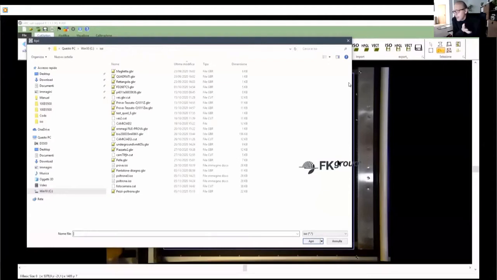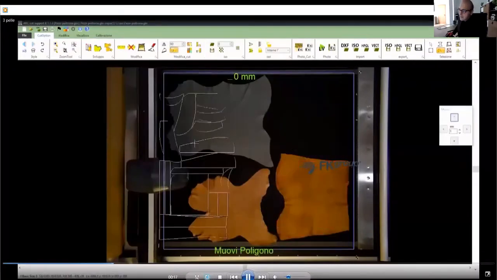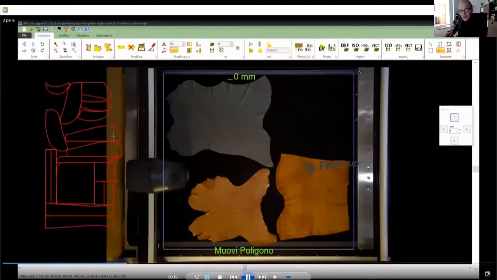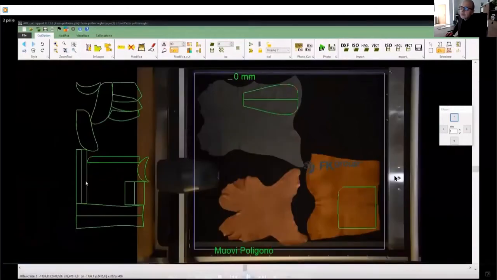Panel and LETA needs the same operator, needs the same solution, needs the same people that must be experts. This is the semi-automatic nesting.